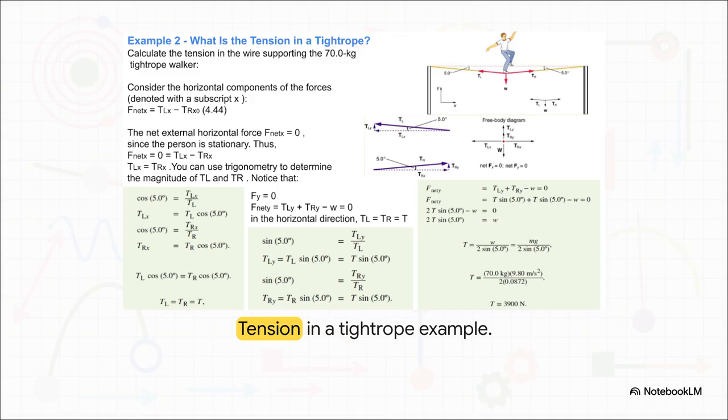Well, since our tightrope walker is entirely stationary, the net force in both the x and y directions has to be exactly zero. They aren't going anywhere. The horizontal forces pulling left and right perfectly cancel each other out, which mathematically proves that the tension on both sides of the rope has to be equal. Then, looking at the vertical components, the upward pull of the ropes, which we calculate using the sine of that tiny 5-degree angle, must perfectly equal the downward pull of the walker's gravity. By setting up this zero net force equation, we can completely isolate and solve for the massive tension required to